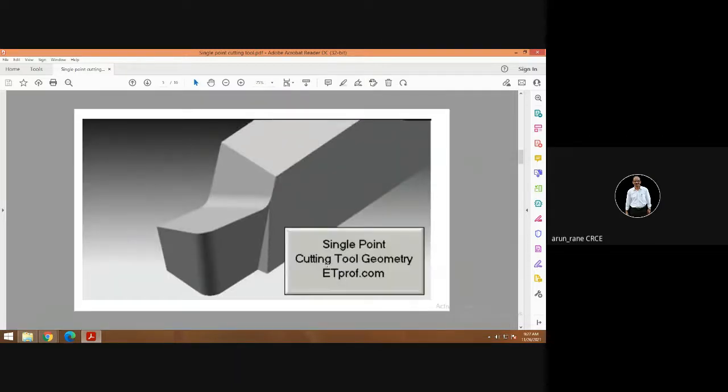This is how a typical single point cutting tool will look. This is a cutting edge, and this is made up of HSS. You get a tool bit of HSS, say 25 square or 16 square or 20 square, by 2 inch long, 3 inch long, 4 inch long, out of which you have to grind this on a tool and cutter grinder.